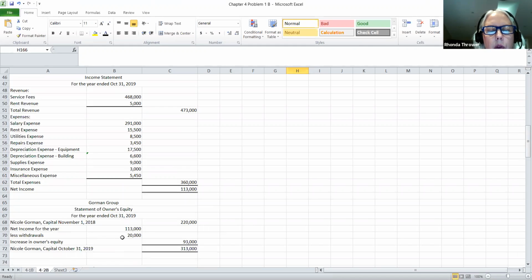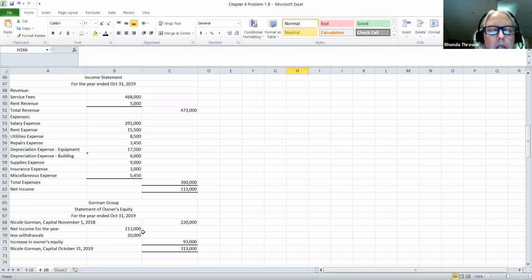The withdrawals is a negative amount that will affect owner's equity. And so we're going to combine the two of these together. And because my positive net income is more than my withdrawals, I have an increase in my owner's equity. So my owner's equity is going to increase by $93,000 during this period of time because we had net income